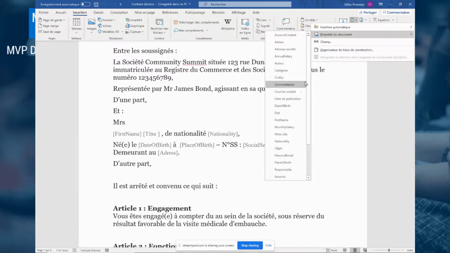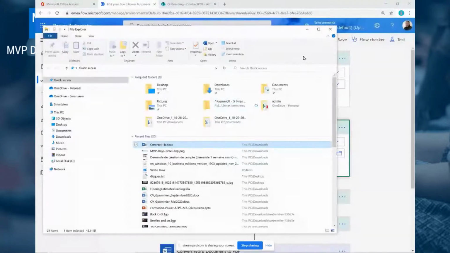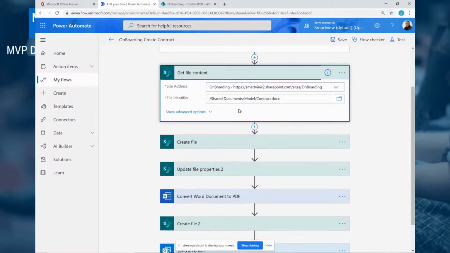With this quick part, I have all the information from SharePoint that is available, so I just put all the dynamic information in my template. And in my Power Automate, the goal is to get a copy of that template. This template so far is empty, of course, only with the dynamic information.